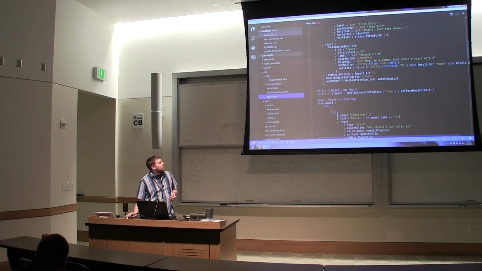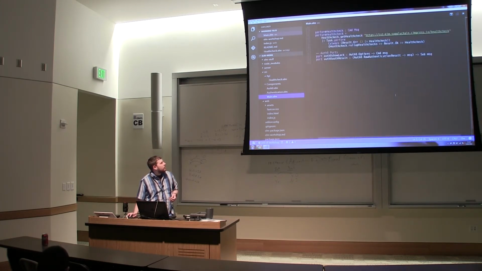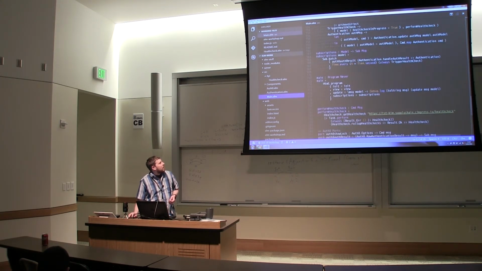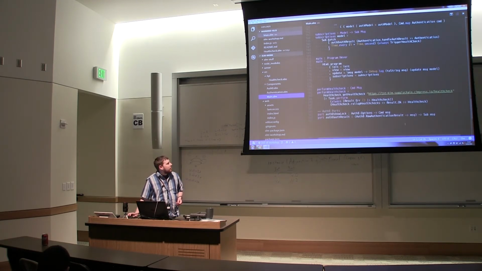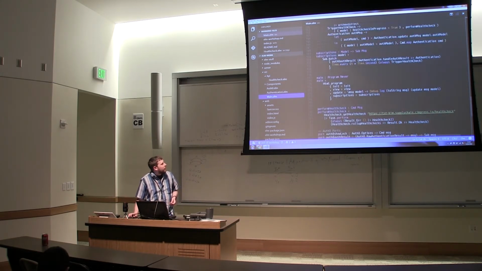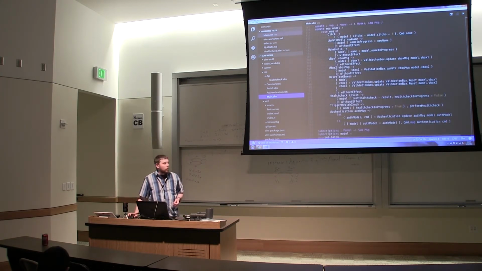And so in this case, I've got perform health check, which I've defined all the way down here at the bottom. And so perform health check, I've got a task that would go out to a particular location here, and then we go ahead and do a health check. And it will return back a task. And that task you can then say perform, and what you do is you say, if the task fails,